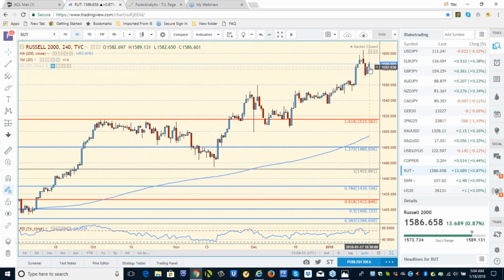Of course, a stronger dollar would help. In fact, I'm a believer that the weak dollar has been part of the tailwind for this move in the market, for this move in oil. Oil hasn't quite given us